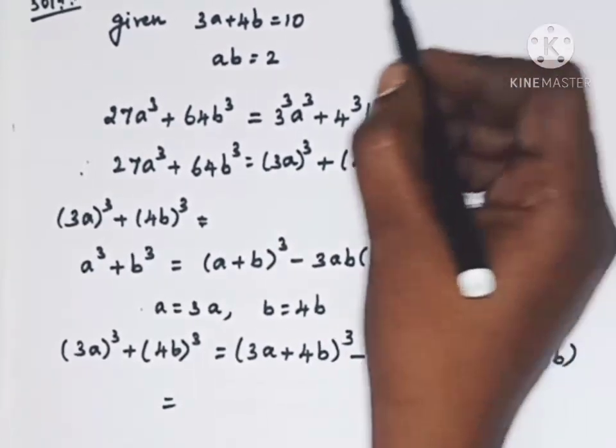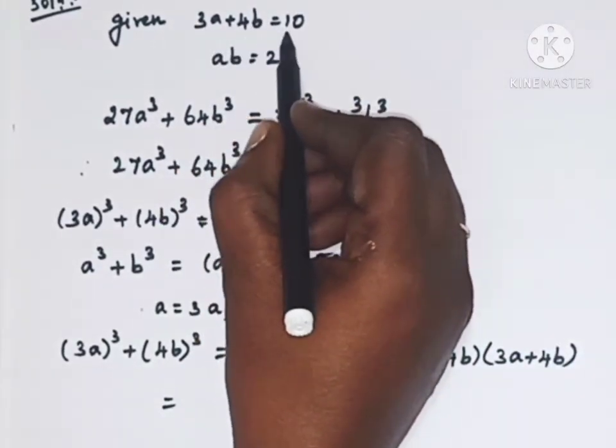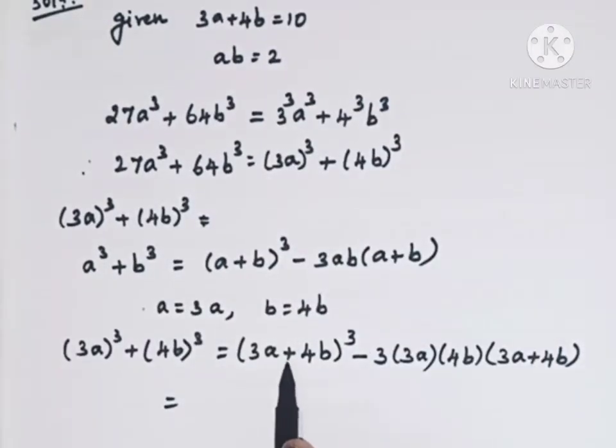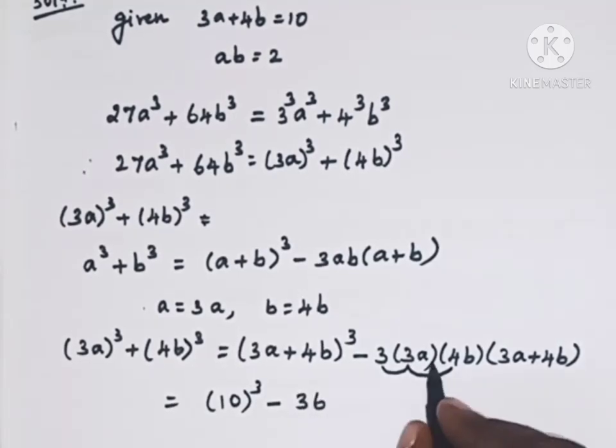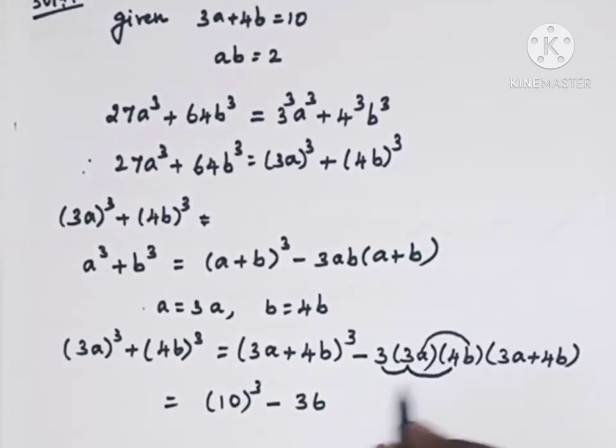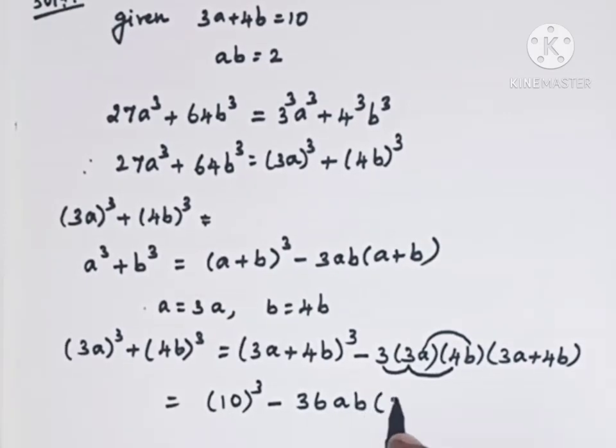In the sum they are given the value of 3a plus 4b is equal to 10. Therefore, 3a plus 4b is 10, the whole cube, minus, multiplying the constant terms, we have 3 3s are 9, 9 4s are 36, and multiplying the variables a into b is ab, into 3a plus 4b. So 10 cube is nothing but 10 into 10 into 10, which is 1000, minus 36 ab